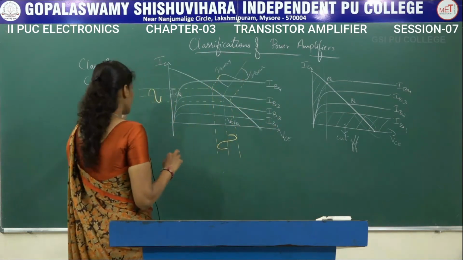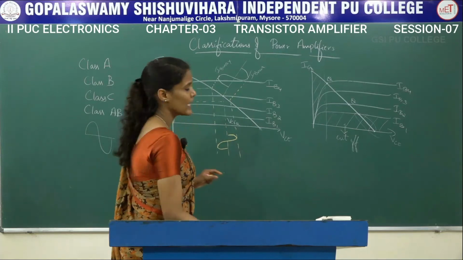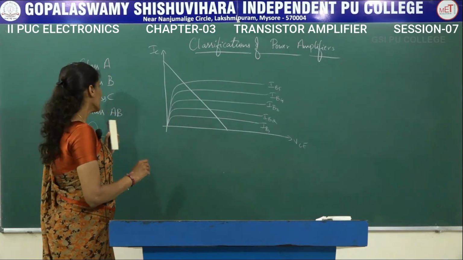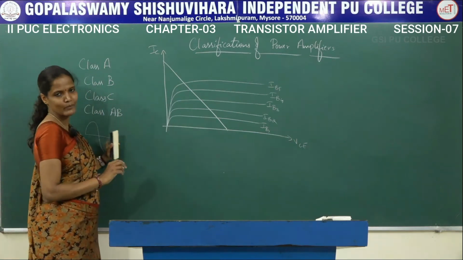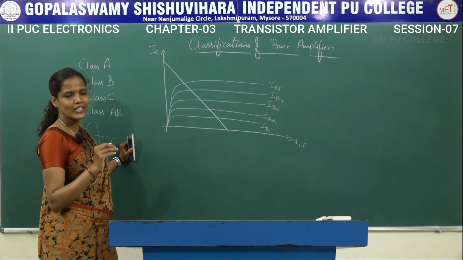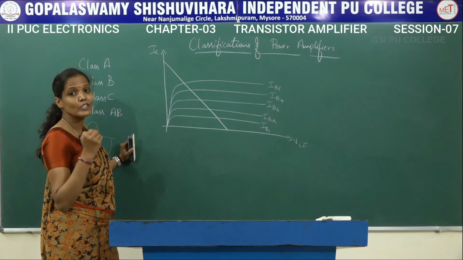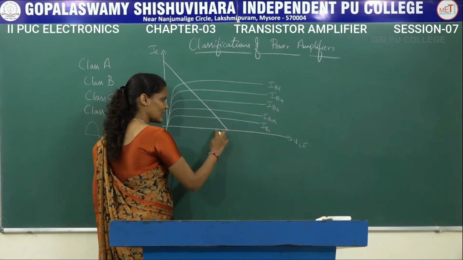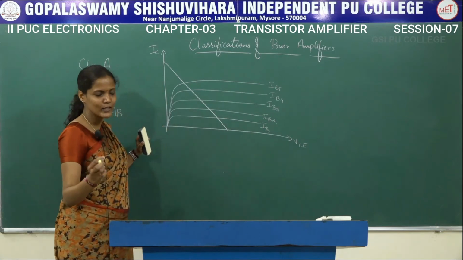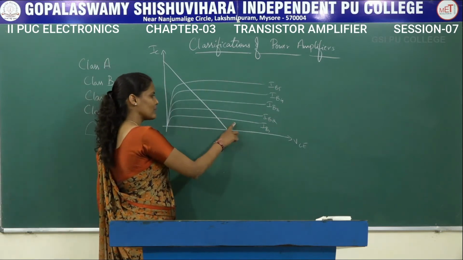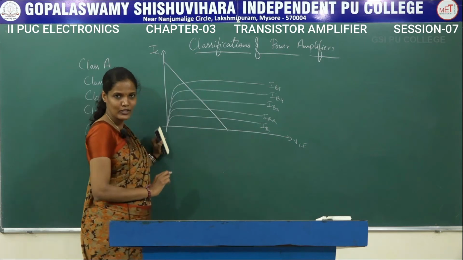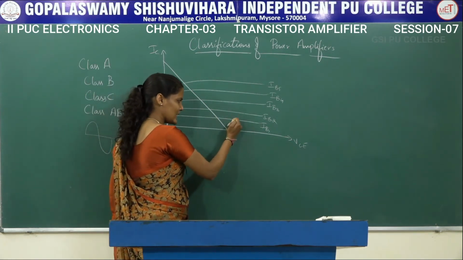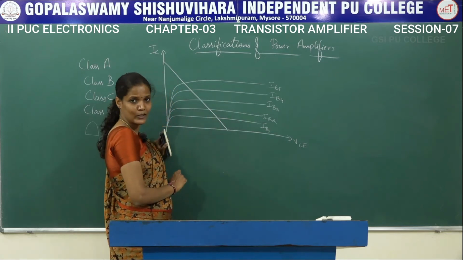Now let us see what is called as the class B amplifier. So this is the output characteristics of a transistor. To understand this class B type of power amplifier, we are going to select the Q point in the cutoff region, where the width between this IB1 curve and the x-axis is very very small. But for diagram purposes I have drawn it a little farther away. So IB1, the region below this IB1 is nothing but the cutoff region.